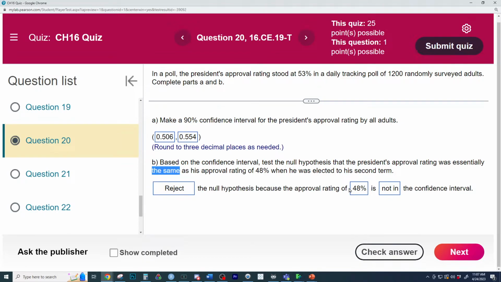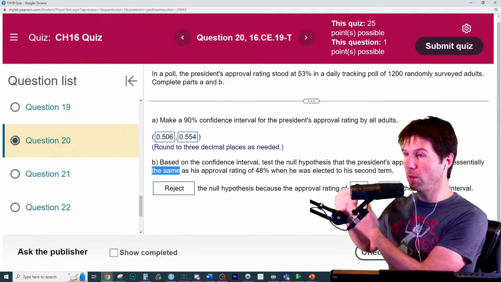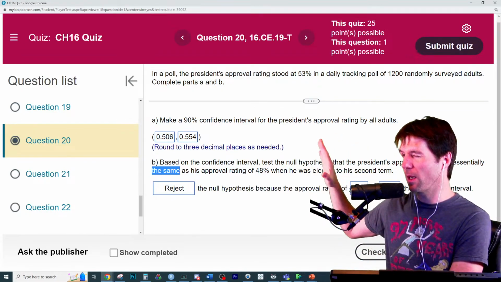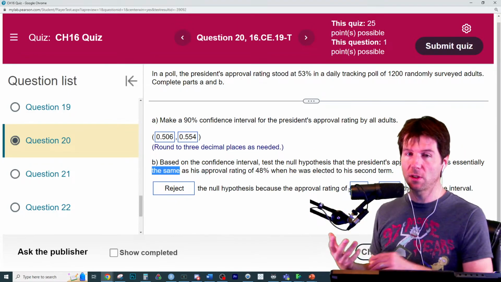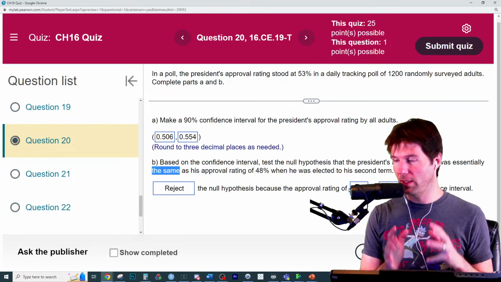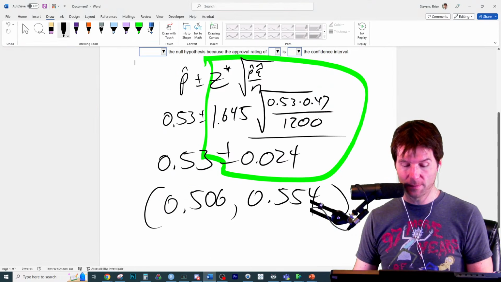So this is pointing to confidence intervals and tests come to the same conclusion. Yep. And that's the key concept to learn, is that you can use a confidence interval to run a test by looking to see if values are inside the confidence interval. If that value is outside the confidence interval, you can reject it at the level of 1 minus the confidence level. And it looks like this.